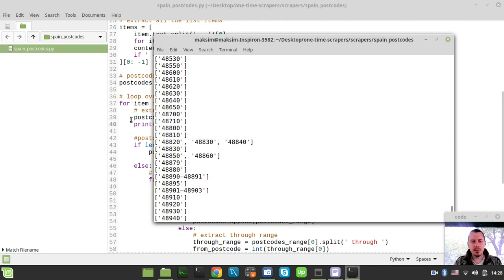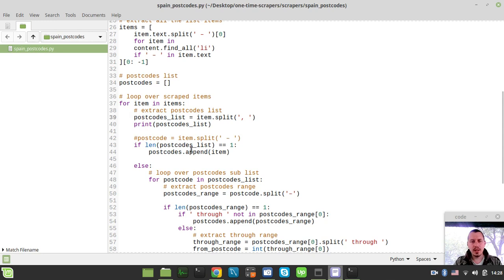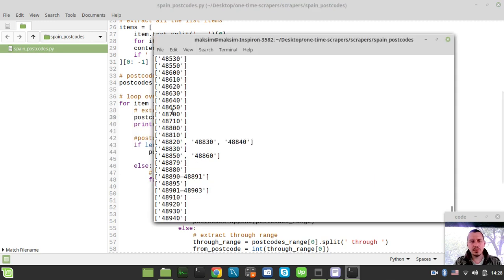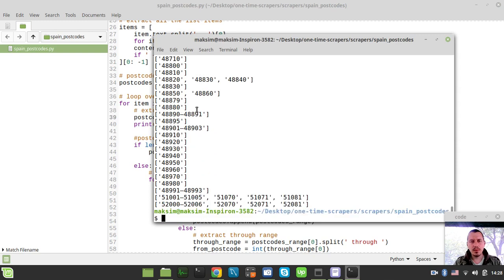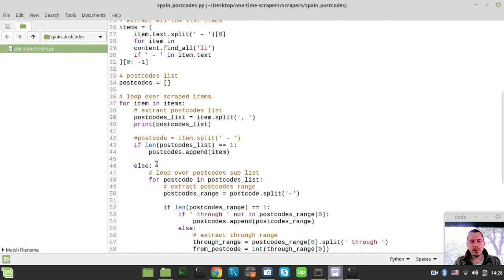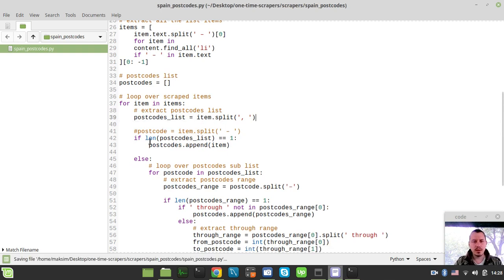Okay, so in case we had the length of the postcode list equal to 1, like in this case, we just went through. Oh, right, and we had also this, like, "through" keyword as well. So they were handled right over in here. So this means that, so here, if it was equal to 1,